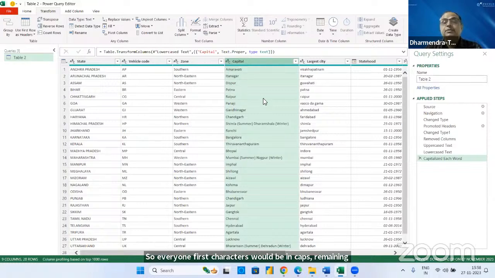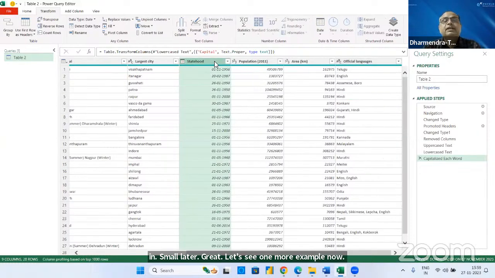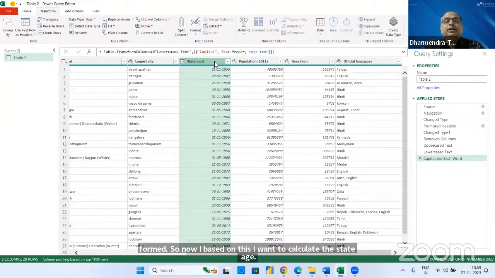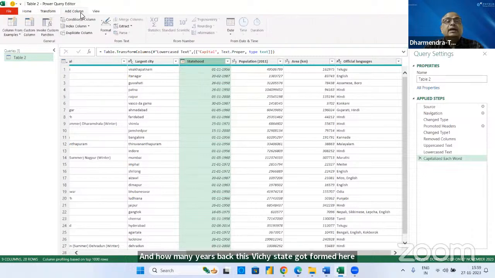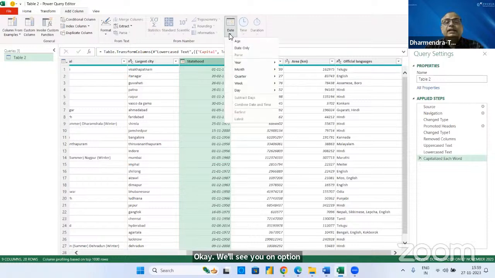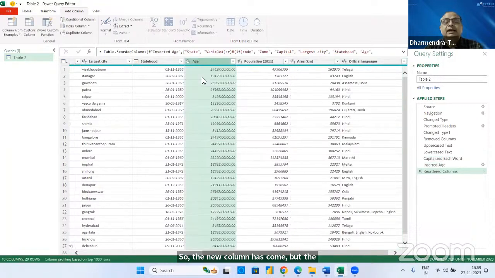Let's see one more example now. Here I have statehood, which is when each state got formed. Based on this, I want to calculate the state age, I mean, how many years back each state got formed. So we'll go for Add Column right now. In Add Column, we'll see one option that we have, Date. Here we can get one option called Age. So Age is a new column that has come, but the problem is the age is telling you number of days, that I don't want, right? So what we will do,